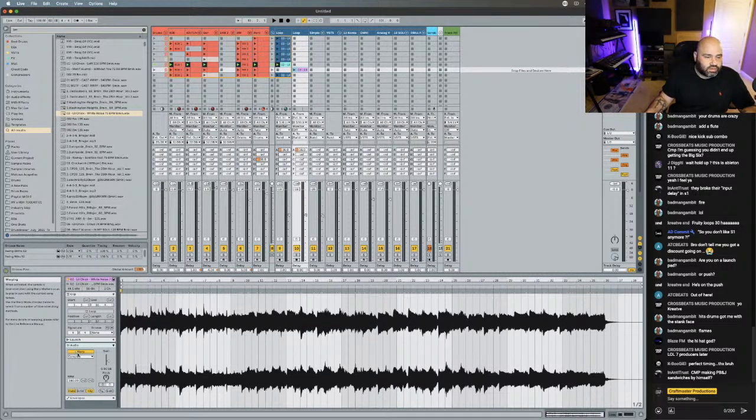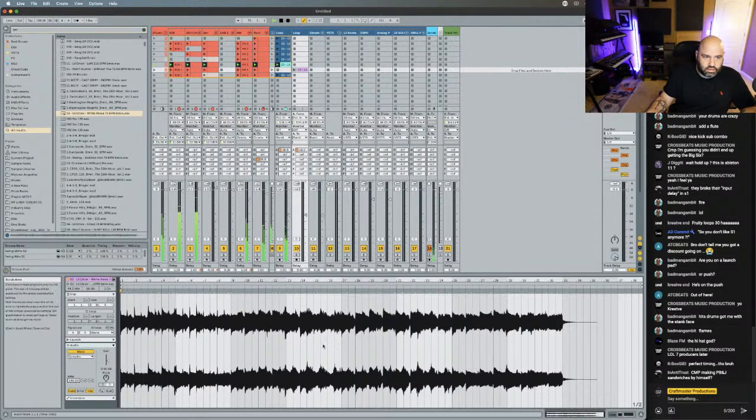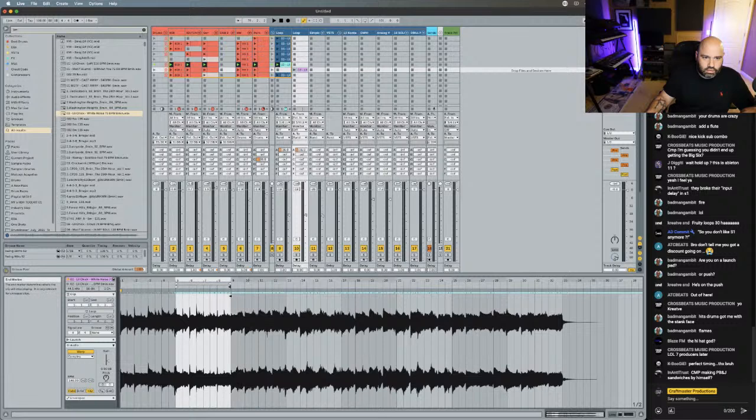What is this? 73, so that's 146. All right. So let's go to this. Loop current region.